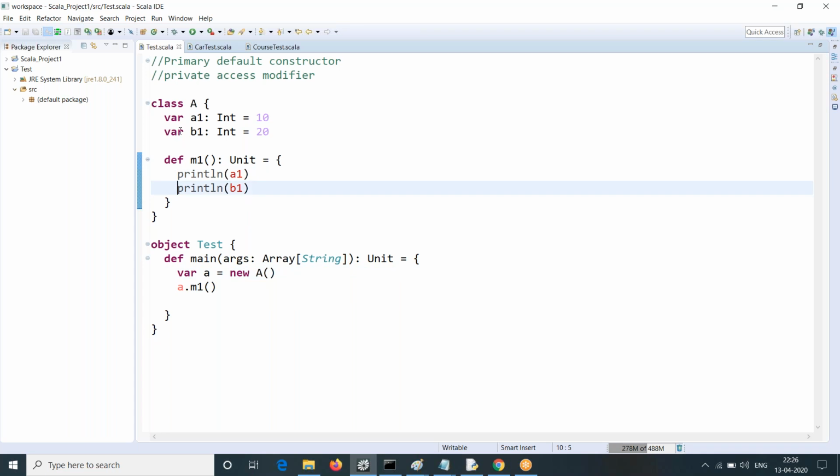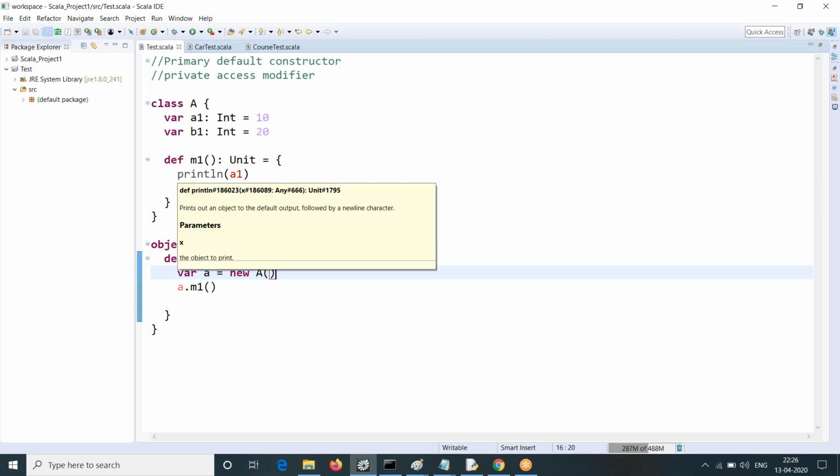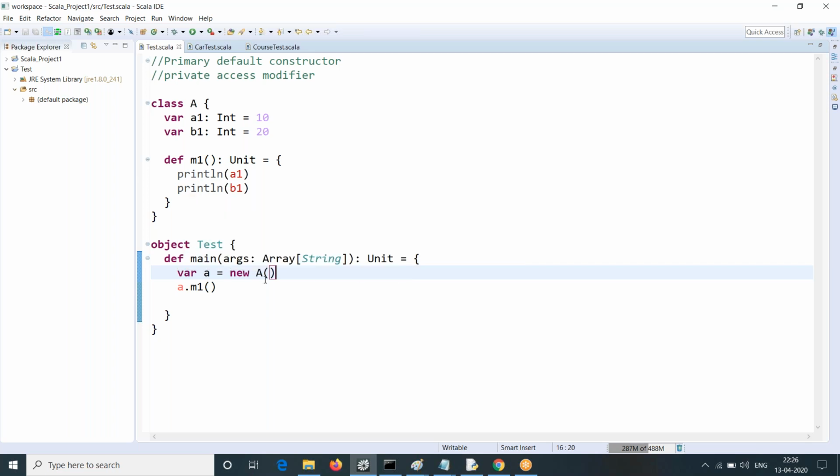As these methods are instance methods, if a method or variable is an instance member, remember this point carefully. We cannot access them without creating an object. Without an object, there is no way to access instance variables or instance methods. So suppose I don't want a reference. Remove this. Now, on the object itself, I can call a method like this: new, constructor call, dot method name. We can call a method like this directly,